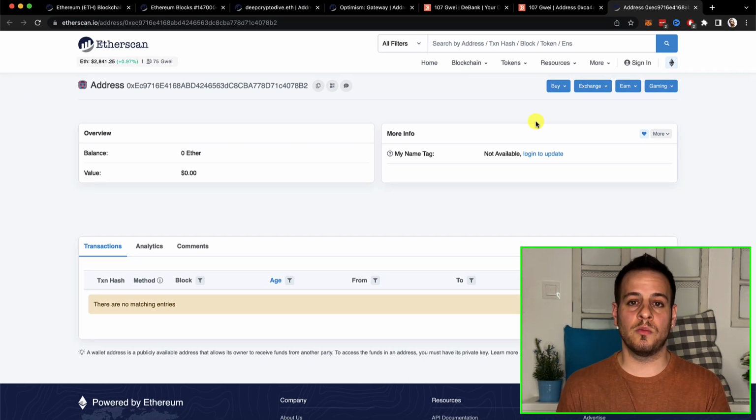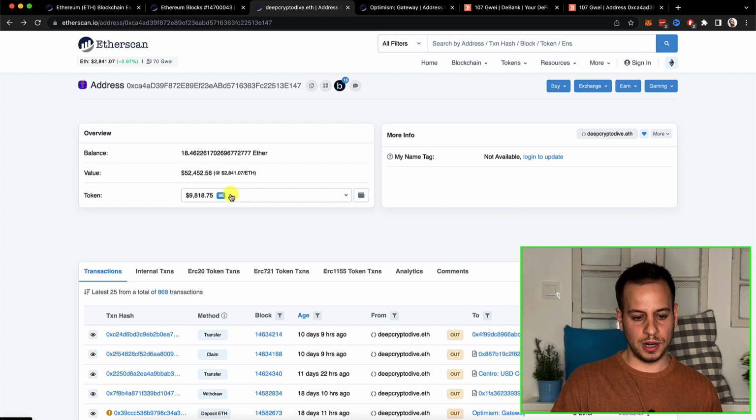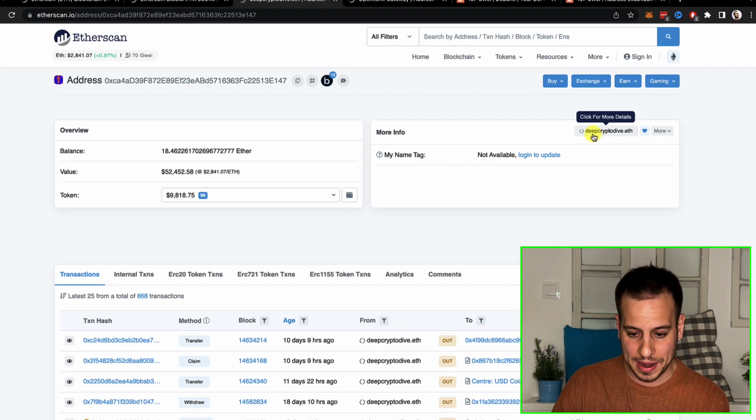But this is just an empty wallet and it's a boring wallet, so we'll take an actual nice interesting wallet, a whale wallet that has a bit more money than this wallet, and this is this kind of wallet, and this is the wallet view. This is one of the whales. His name is